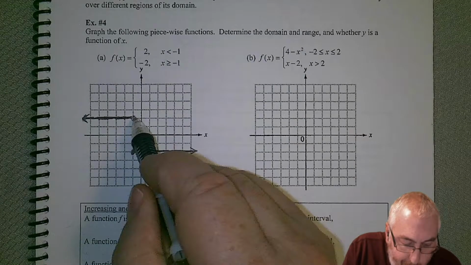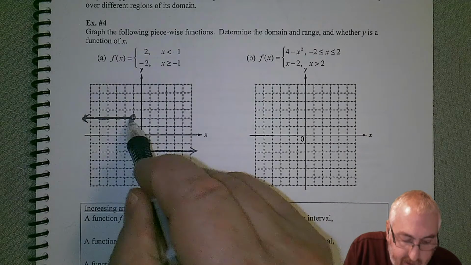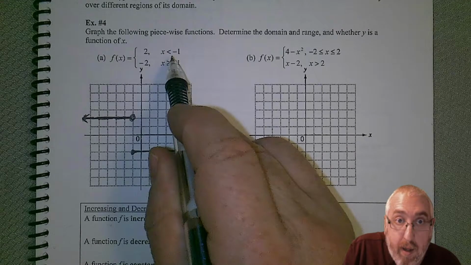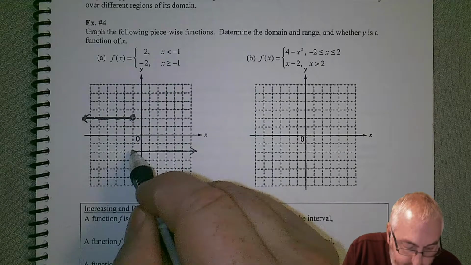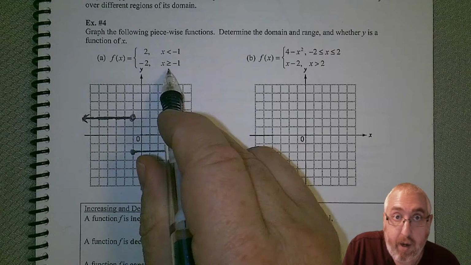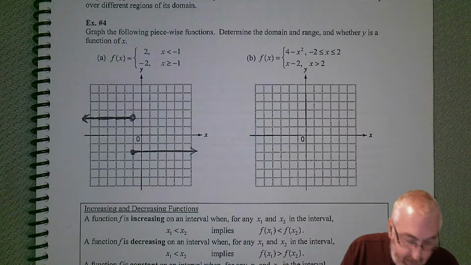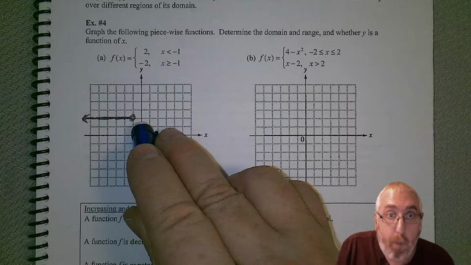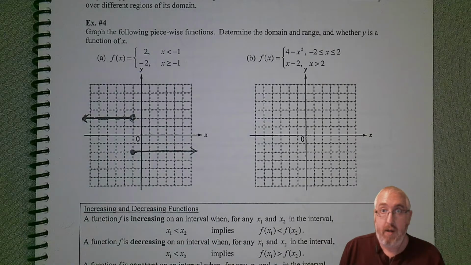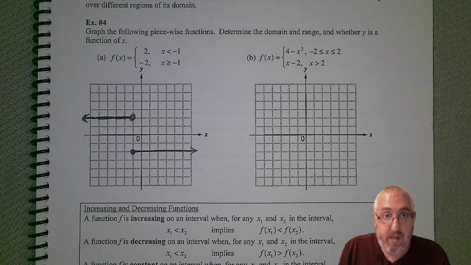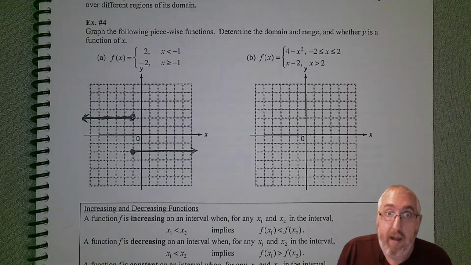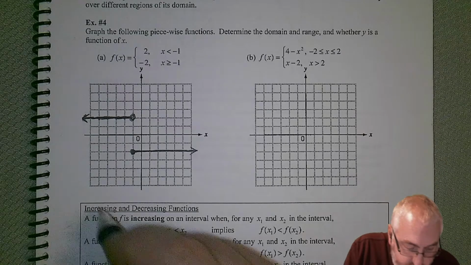So again, open dot here because it's a strict inequality, but a solid dot here because it's greater than or equal to. Now again, it's a little hard to see, but that is an open dot up there. So, and we can obviously see they don't meet. Now, if we wanted to do the domain and range,